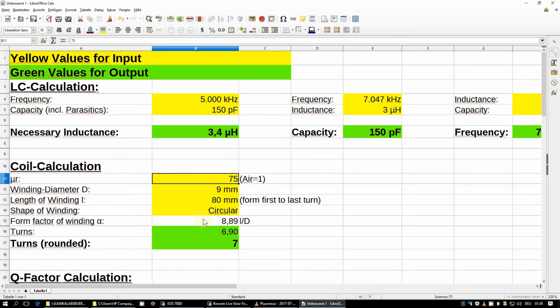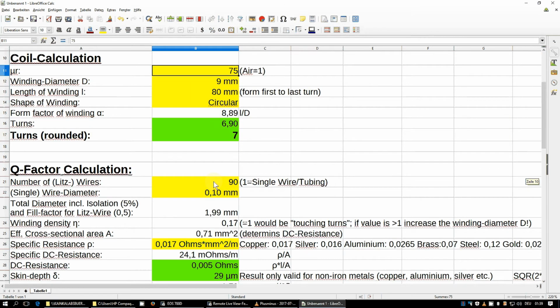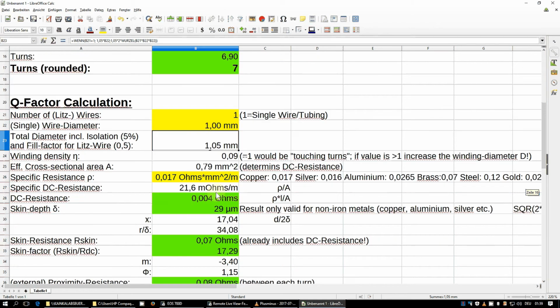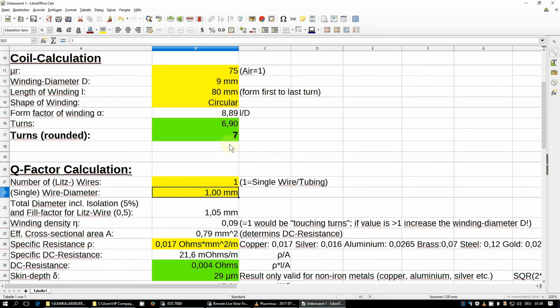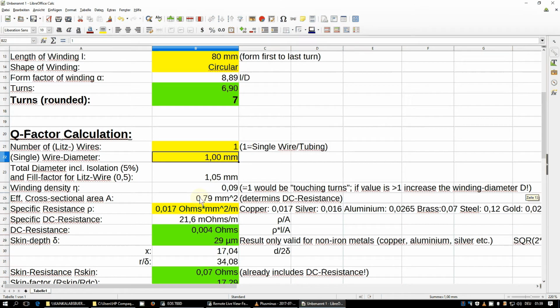So you can see with Ferrite-Rod our spreadsheet is not exact anymore, and we cannot take into account the magnetic losses, which are frequency dependent, which are material dependent, but we can at least take a look, if we input the number of wires as 1 and 1 millimeter diameter, at with the chosen wire diameter and the chosen distance between our turns, what effect does skin effect and the